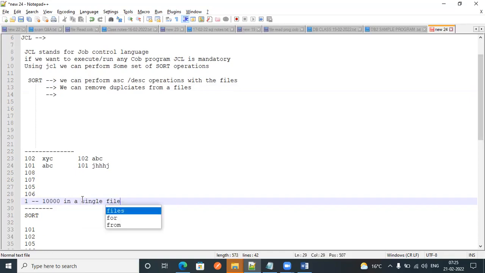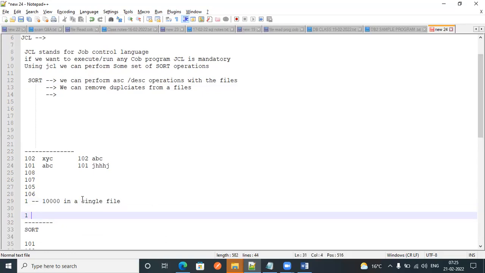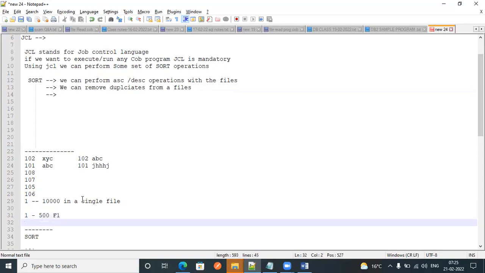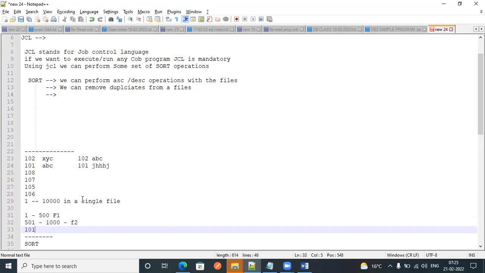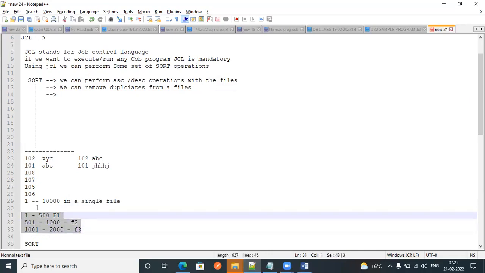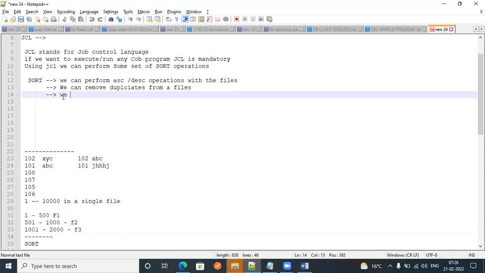Here, if I want to keep the first 500 records, 1 to 500, into file 1, the next 501 to 1000 in file 2, and the next 1001 to, suppose, 2000 into file 3, like this we can divide the data by using sort operations and keep it in separate files.